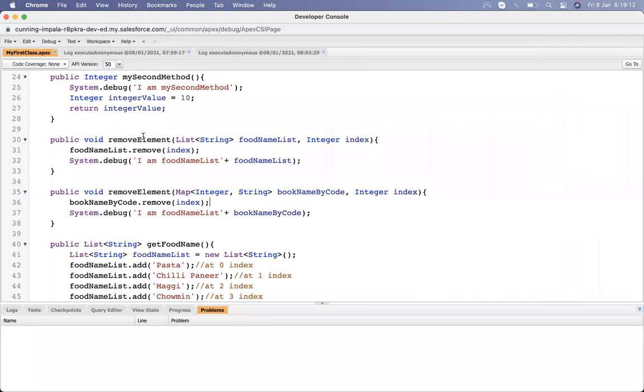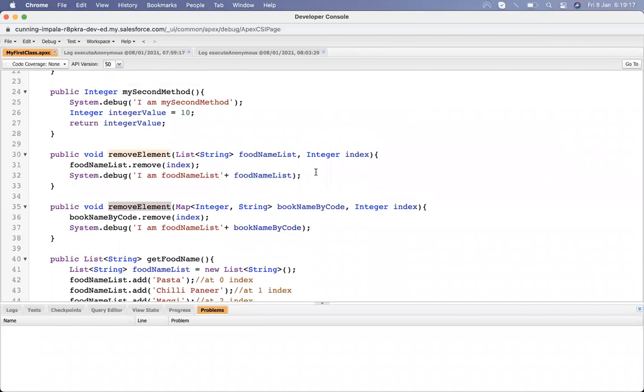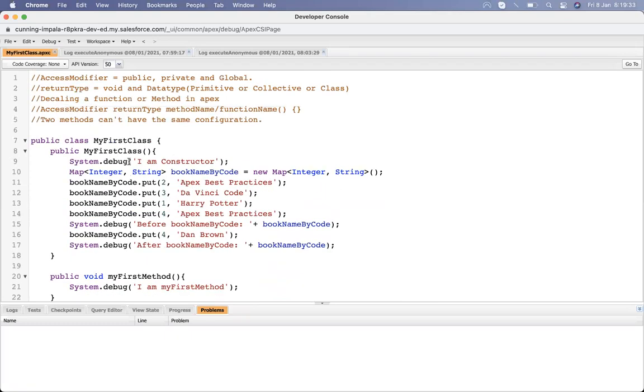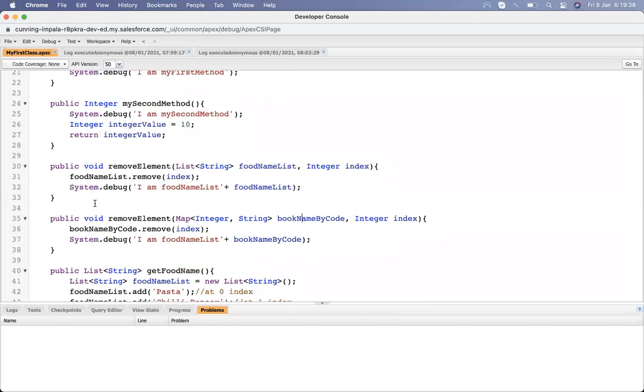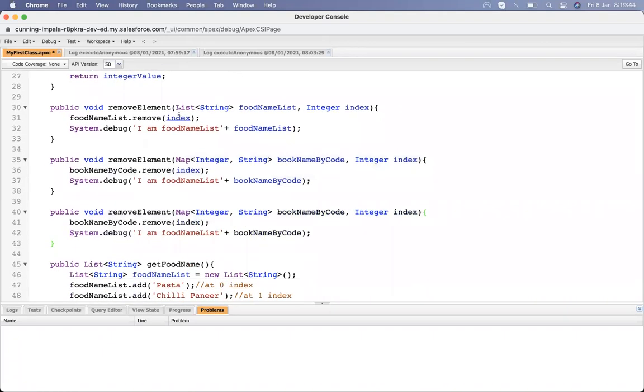So what I do is use the same name of the element and just change its parameters. Changing the parameter means changing its configuration: the name remains the same, but the parameters are different, so it lets me save. So the name can be the same, but if the configurations are different, it will allow us to save. The same method will also work for a set, and suppose I need to work on the set.